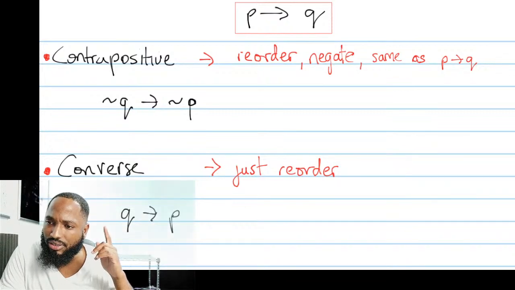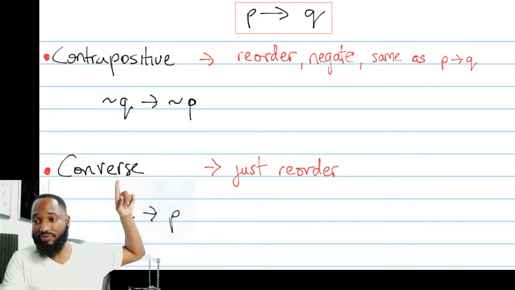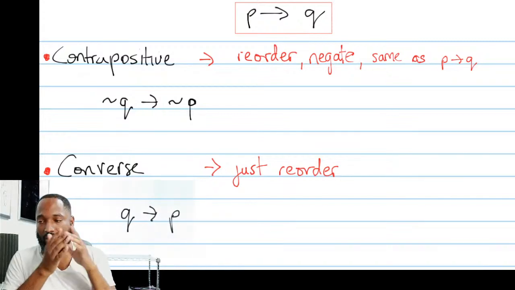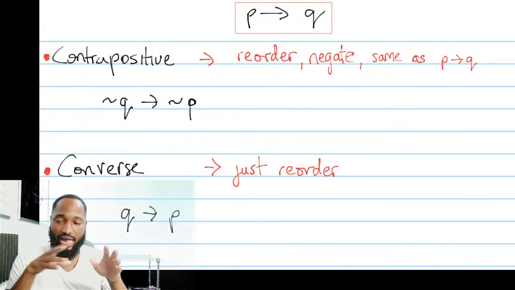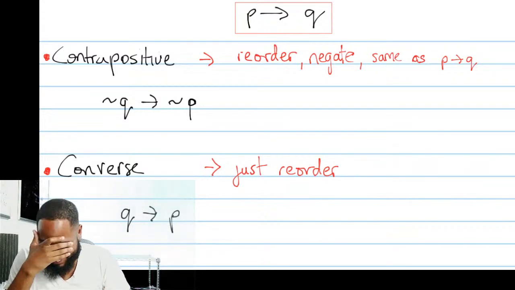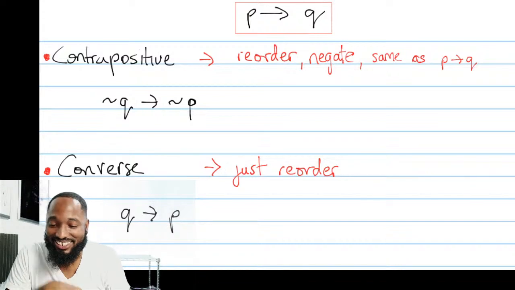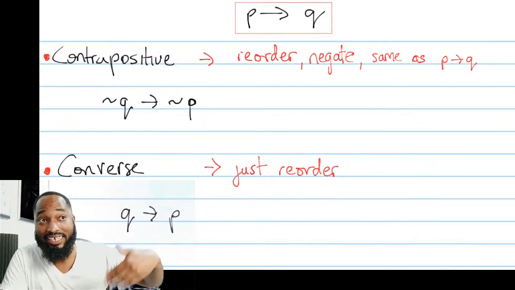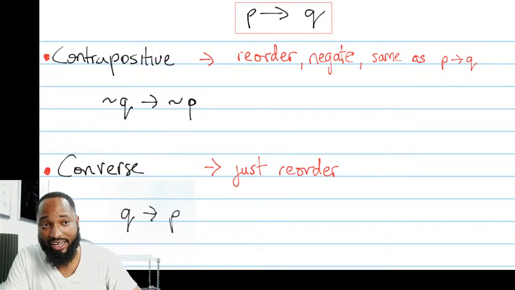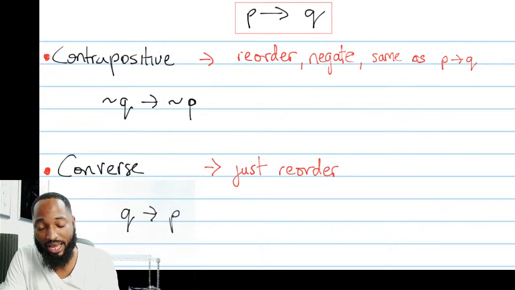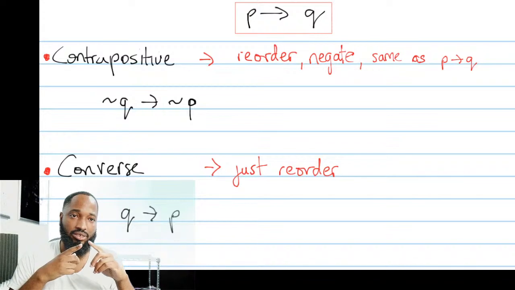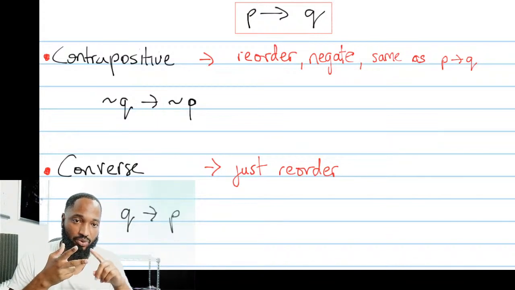Contrapositive: reorder, negate. This is the short version I told you in the online class, to help remember this. Contrapositive, reorder and negate. So P implies Q, swap it and negate it. Because the contrapositive must convey the same idea as the statement, P implies Q. So logically they are the same. In other words, if you study, then you will pass.